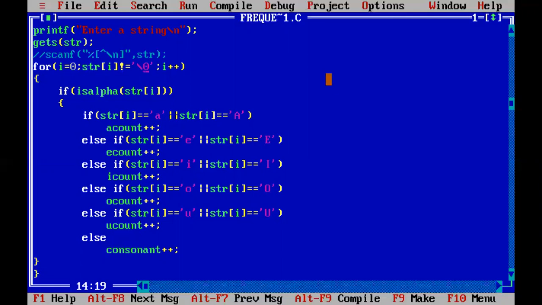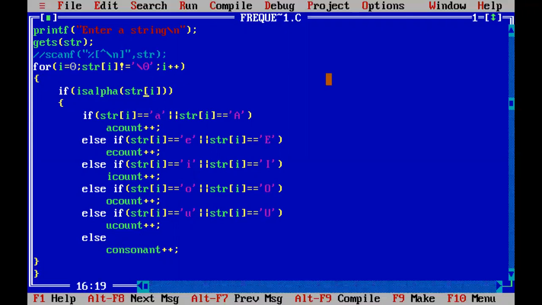Otherwise, your string has a character, so you have to continue your for loop. Then the third parameter here is the increment or decrement operation. After you check each character, you have to go and check the next character. So for that, I am going to increment the index variable i by 1.